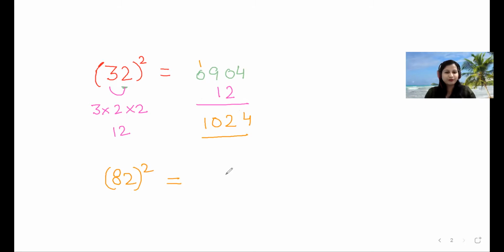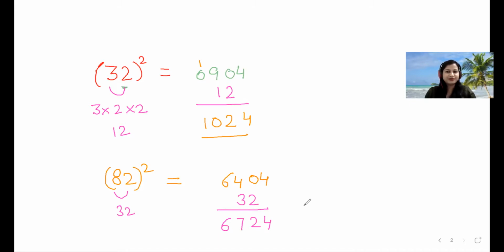I think mostly you have done. Okay, let's see now. 2 square, 4, very nice. 8 square, how much? 64. Now we'll do the multiplication of the digits. So 8 times 2 is 16. 16 times 2 is 32. So we'll get 32. Okay, so we'll write in middle. Now let's add quickly. So it would be 4, 2, 7, 6. 6,724 would be the answer.